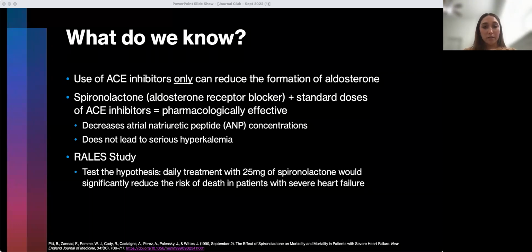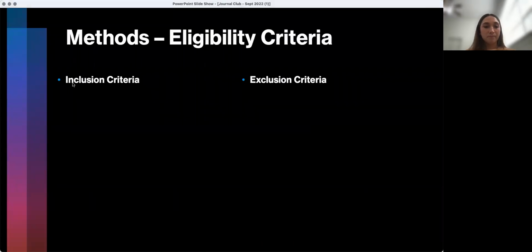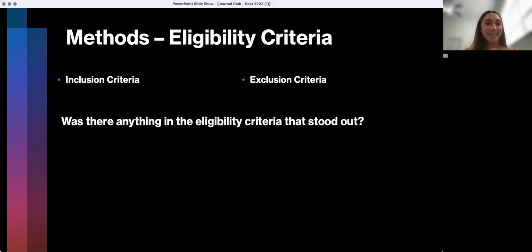So in comes the RALES study. Basically, this study was used to test the hypothesis: daily treatment with 25 milligrams of spironolactone in one group versus placebo. We wanted to see if the 25 milligrams of spironolactone would significantly reduce the risk of death in patients with severe heart failure. Next slide, please. Okay, so as for eligibility criteria,